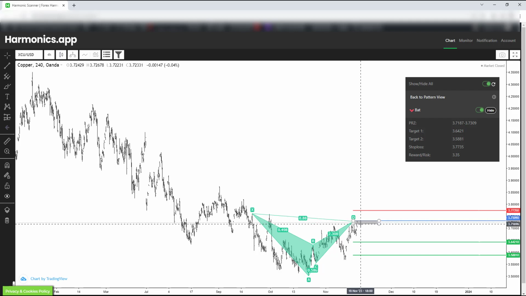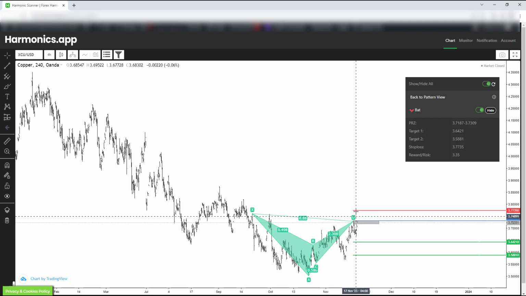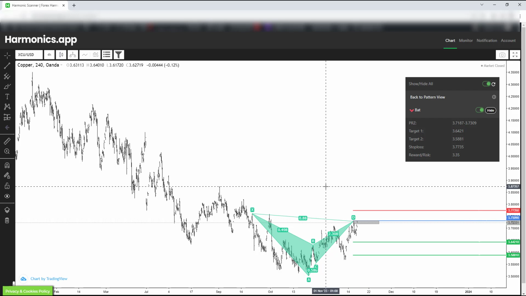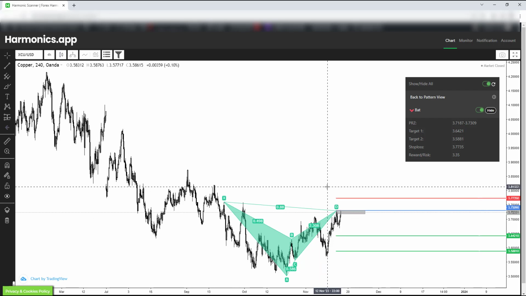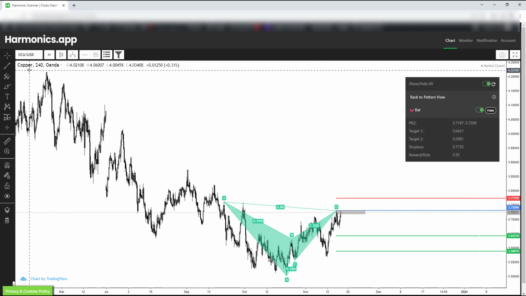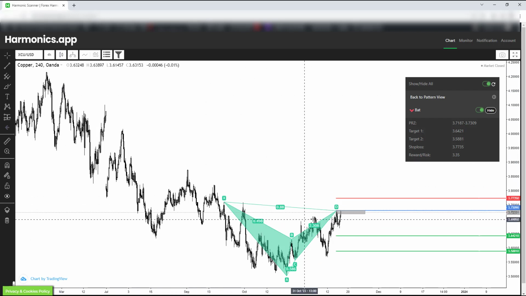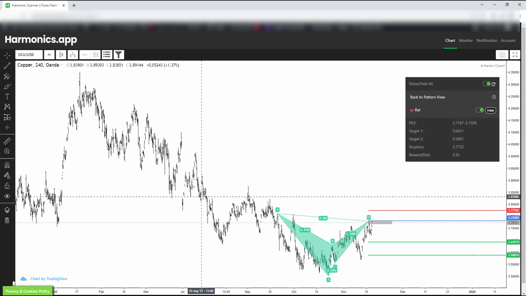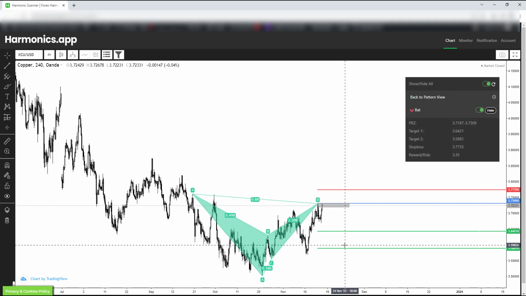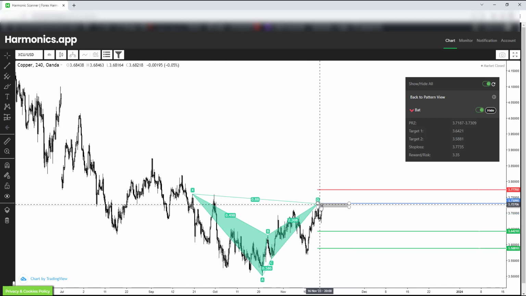Welcome to the new analysis on the Harmonic Scanner, where I have found a bat pattern that has been formed in line with the trend. What we currently have here is the 4-hour time frame on copper, where we can see that the price has formed this bearish bat pattern, formed on the downtrend, and it is currently right here in the potential